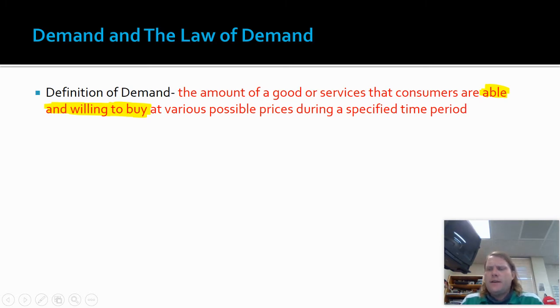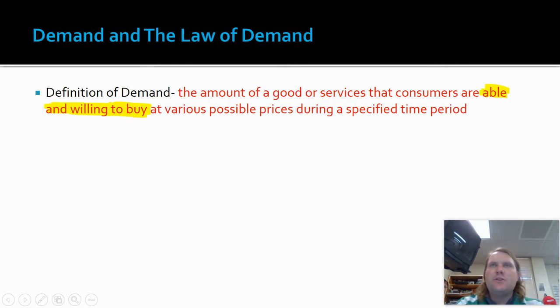So going back to that list, right? I'm unable to buy a fancy vacation or whatever, so I really don't demand that as far as my demand curve is concerned, when we see that in a second. And on number two, we said, well, I'm not willing to buy those things, I'm going to choose to spend my money on something else. There are also some other factors that determine whether or not we become willing or able to buy stuff. But I've got to have both.